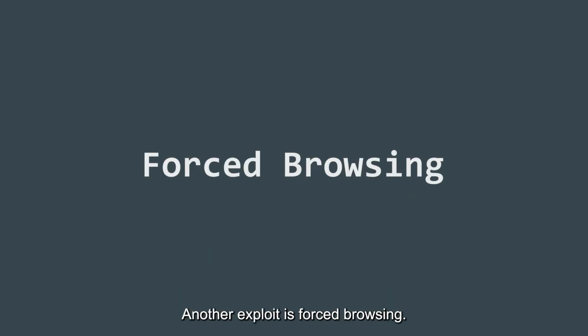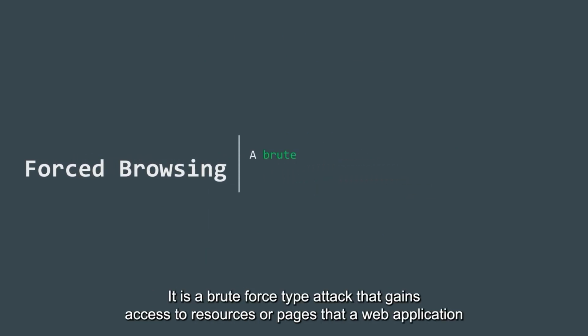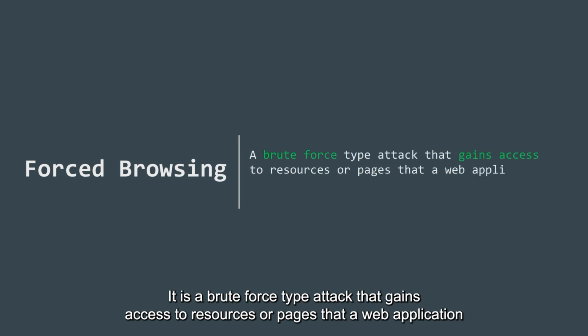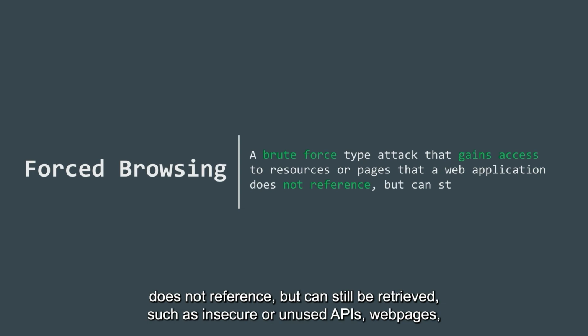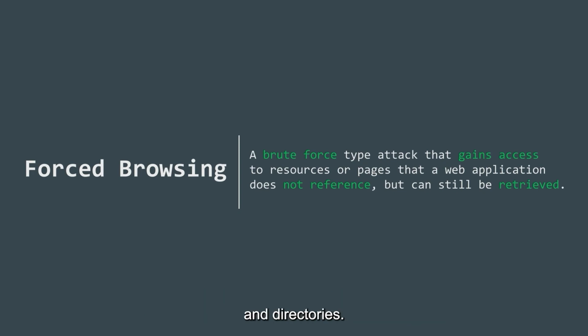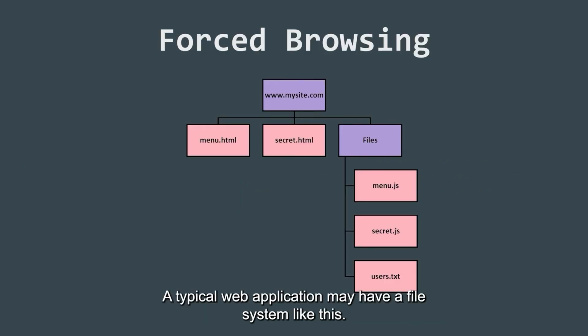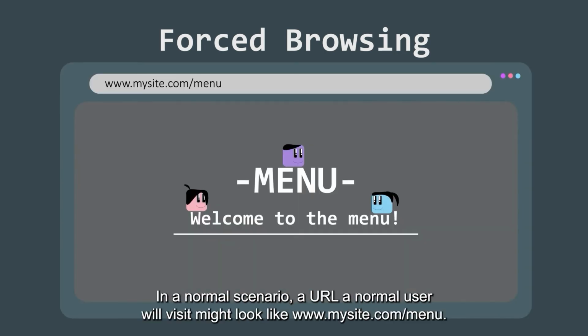Another exploit is forced browsing. It is a brute force type attack that gains access to resources or pages that a web application does not reference, but can still be retrieved, such as insecure or unused APIs, web pages, and directories. A typical web application may have a file system like this. In a normal scenario, a URL a normal user will visit might look like